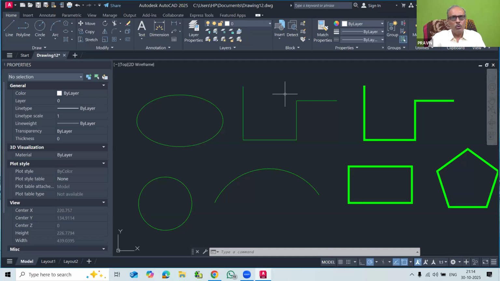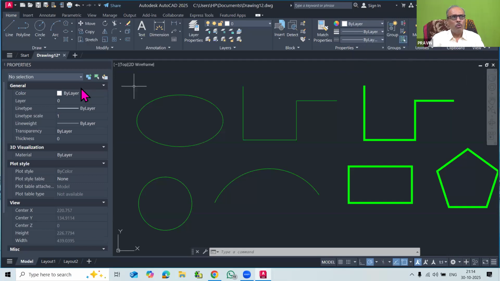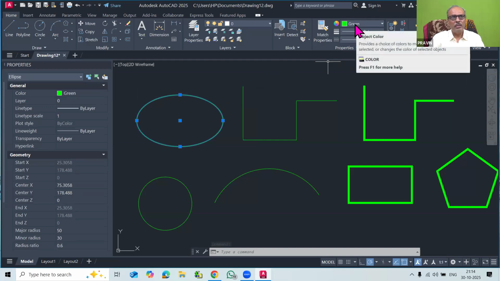Now if you go here, there are three objects with color given. So this is the object color. Whatever color we change from the properties dialog box, the same is given here. If you want to change the color of the ellipse, you can select the ellipse and go here. Here the color name was shown as green.